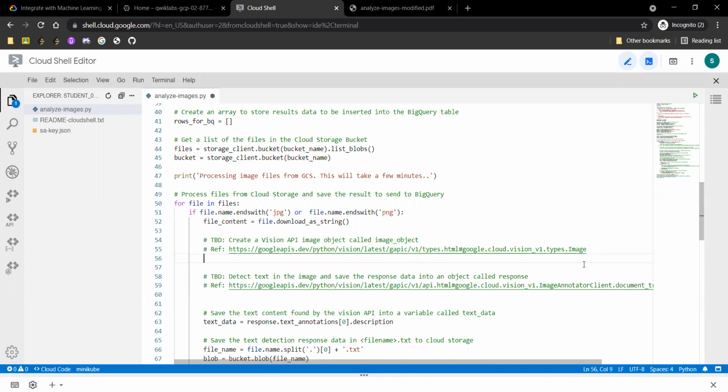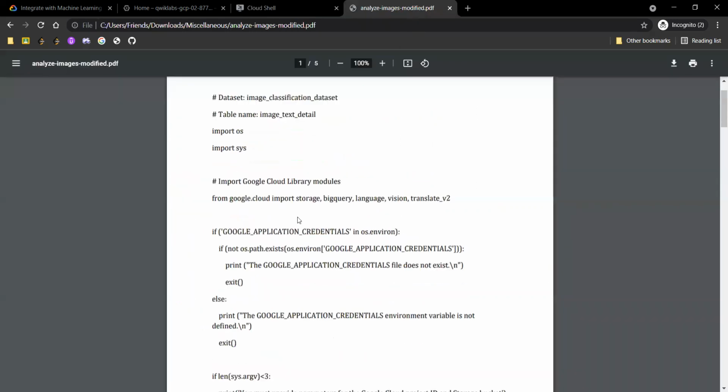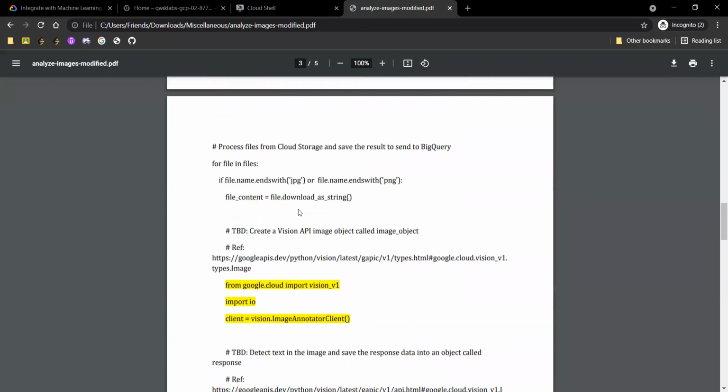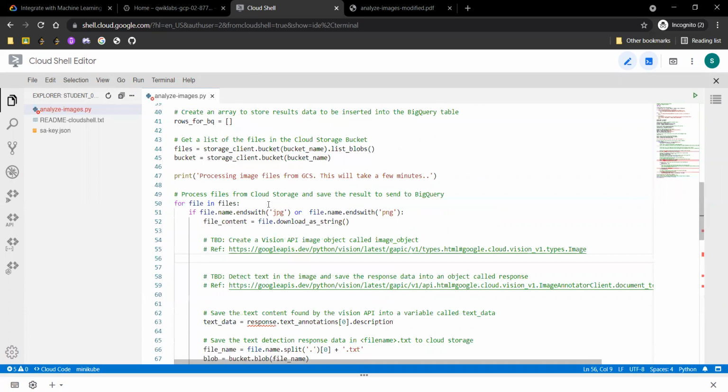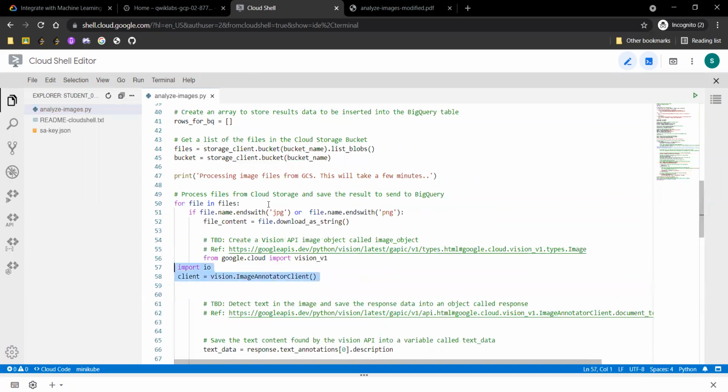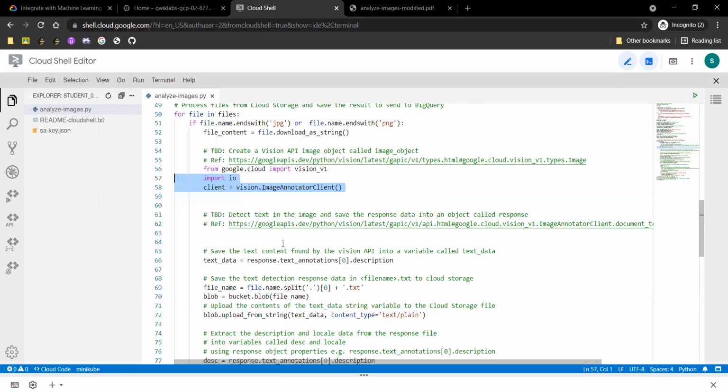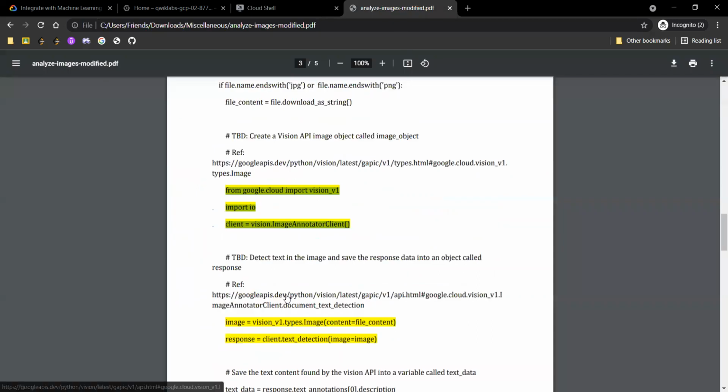Now the code we will be adding here is this. So simply copy and paste here. Do the same for this also.